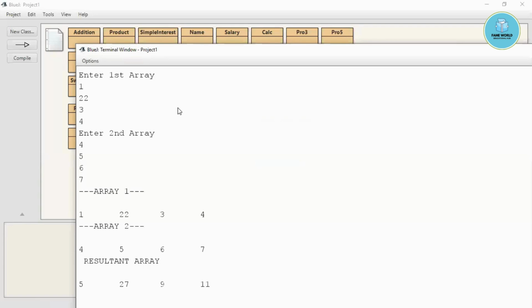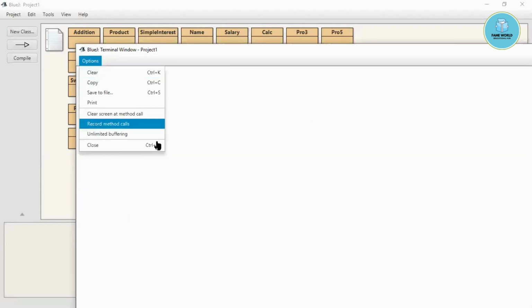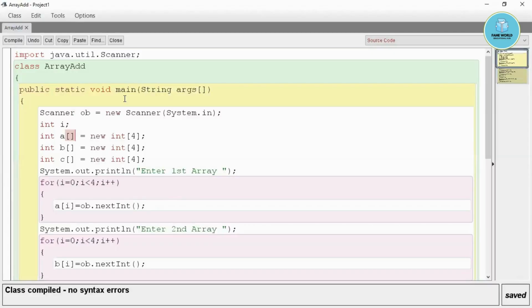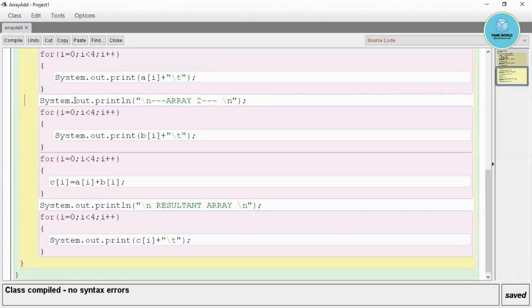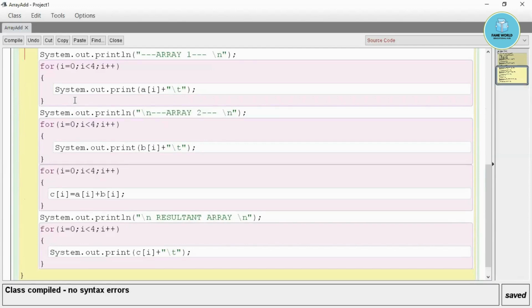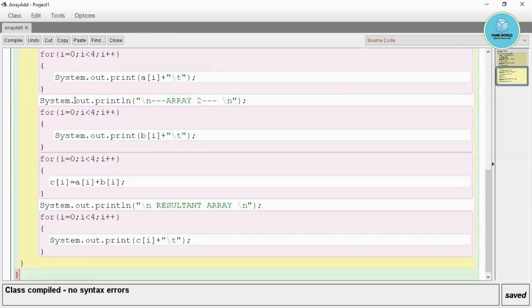And why have we done such a long procedure? Because it is necessary. Always remember, never forget: whenever you get some question in your exam or test, always try to write each and everything like this. First of all, take the input of both arrays, then process it, that is, perform the formula, the work, like addition, subtraction, anything. And the last step is printing. This way we have to do the questions related to arrays or matrices.